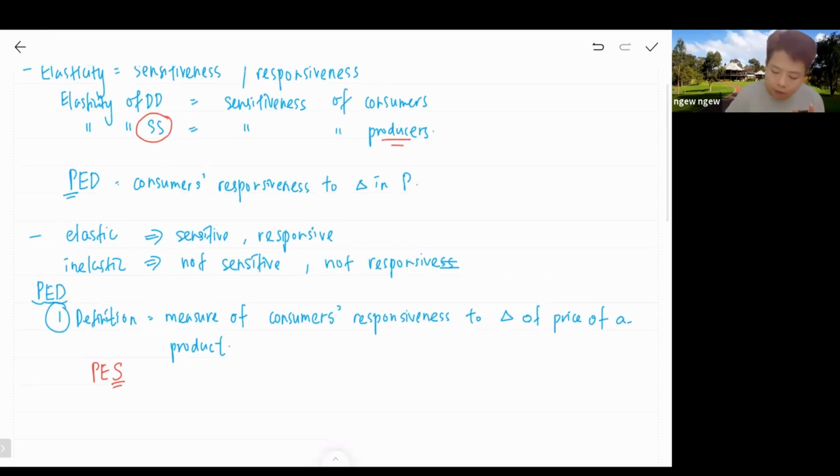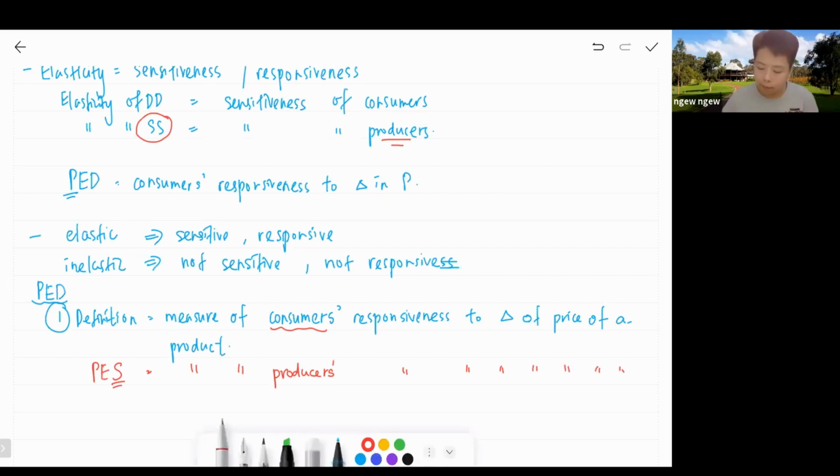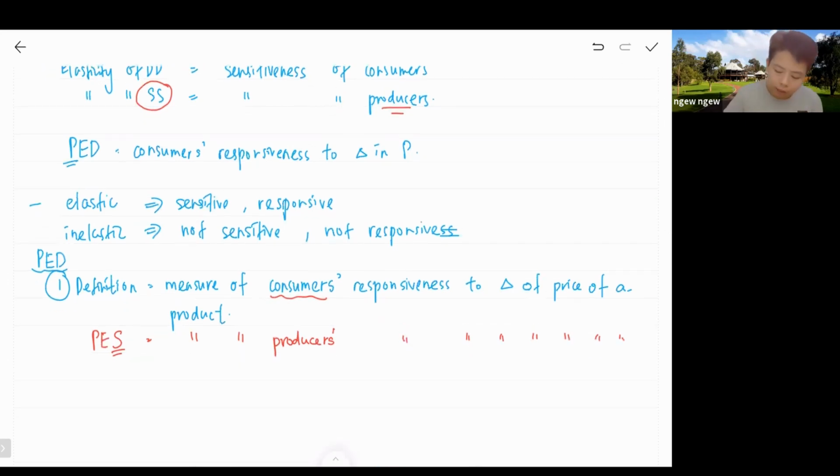So therefore, the whole definition will be the same, measure of, but then only the consumer part you need to change to producers. Responsiveness, the same, to the change in the price of a product. Okay, so the rest will remain the same. And likewise, let me show you another example. If I am now talking about